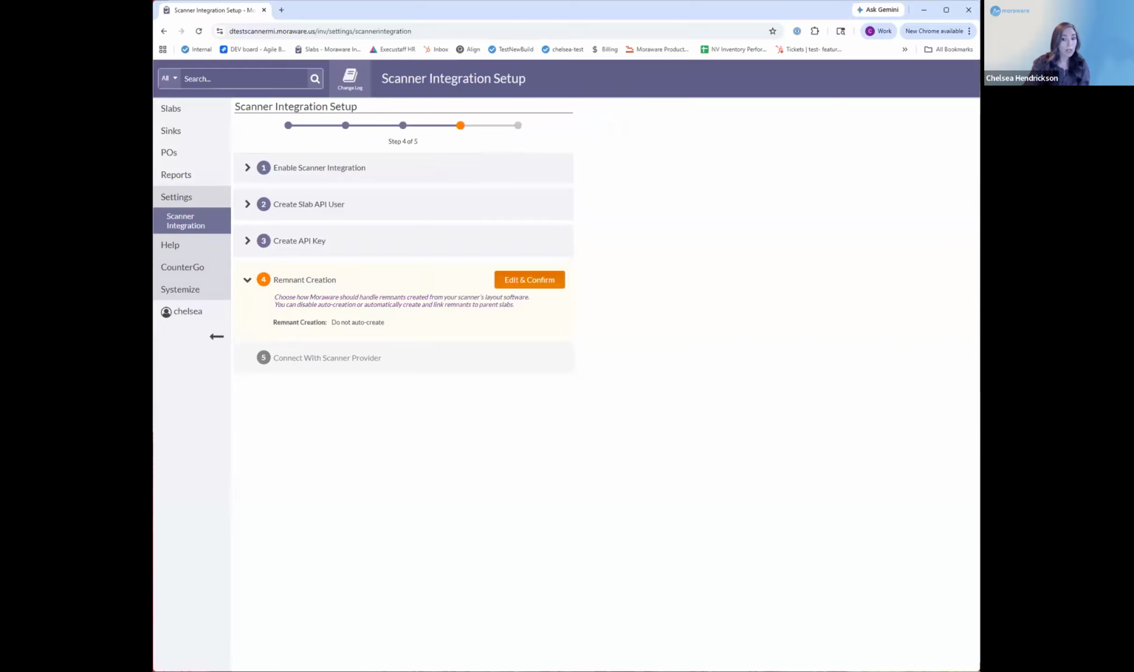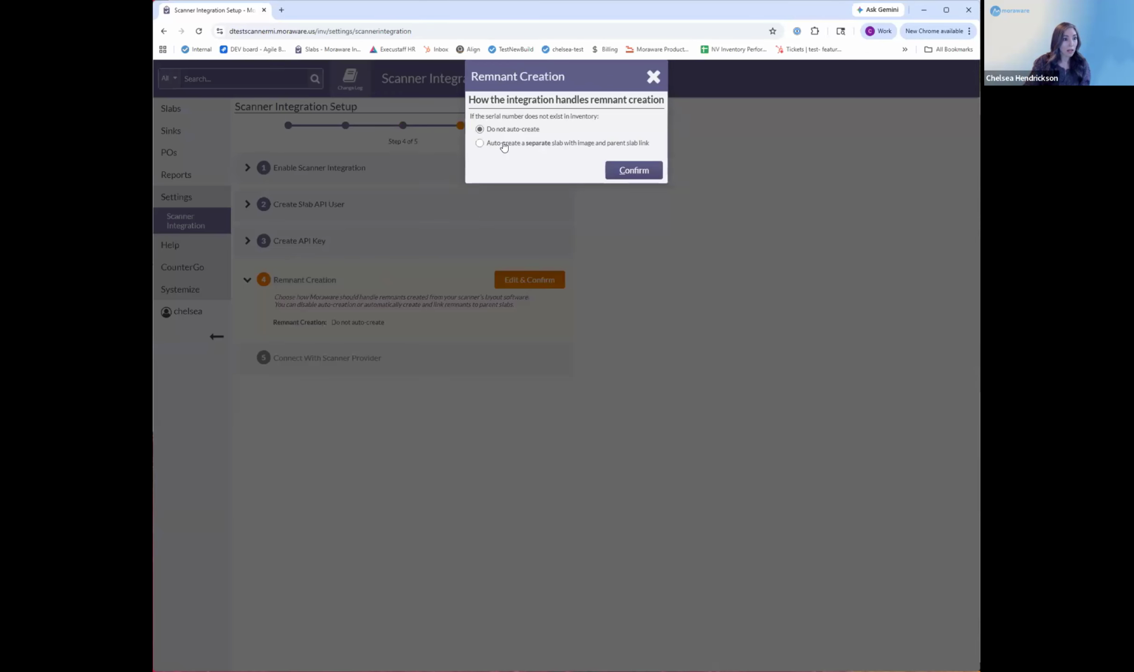Step four is remnant creation. If you're using the scanner's layout software to define the remnants, you can choose to have remnants automatically created. By default, we have "do not create" here, but you can just click edit and confirm and say that you want to auto create them with the image and the parent link. This is